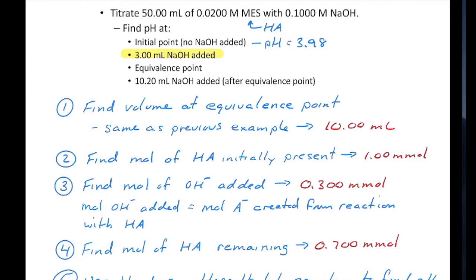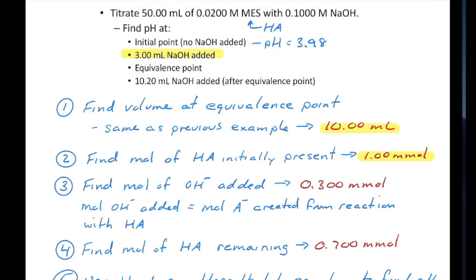So the numbers are also the same, so I'm not going to go over again how to do it. If you need to know how to do the calculations again, just look back in the video. So find the volume at the equivalence point, 10 milliliters. Find the moles of HA initially present. Okay, we did this before already. We have the concentration of HA, we have the volume of HA, so we have 1 millimole of HA initially,